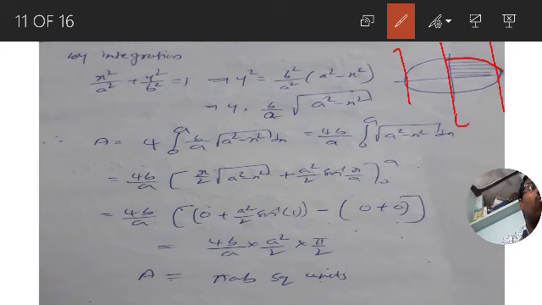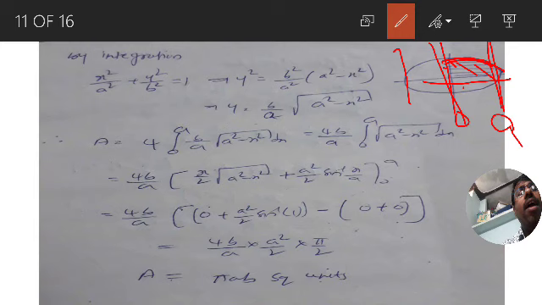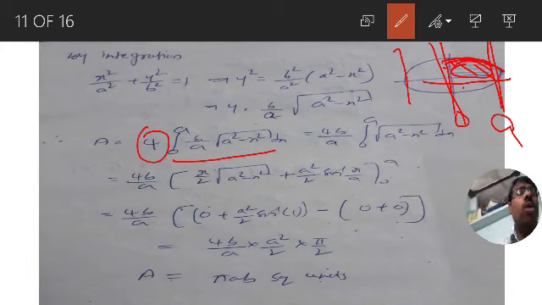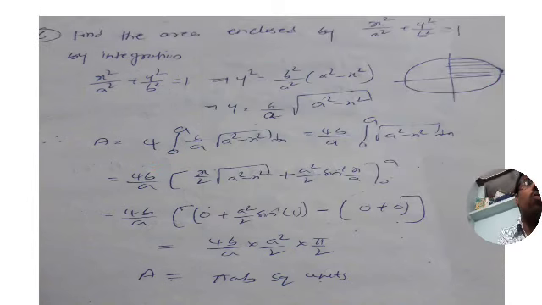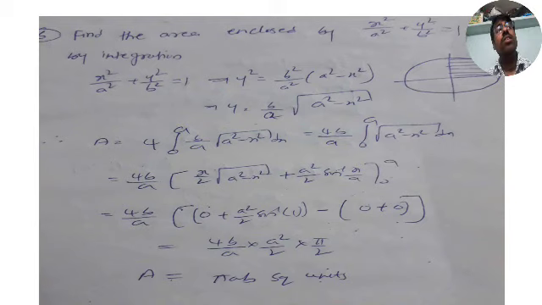But x is equal to 0 line, x is equal to a line, and we have the curve, and by using the formula you can find the area between x-axis, curve, x is equal to 0 line, x is equal to a line. You will get quarter area. But if you multiply with 4, you will get full area. Use the standard integral, and upper limit minus lower limit is sine inverse 1 is equal to pi by 2. Sine inverse sine cancel, that is pi by 2, so you will get pi a b square units. That's it. Very easy problem, and all these are previous questions for 5 marks, and this is my 6th question.